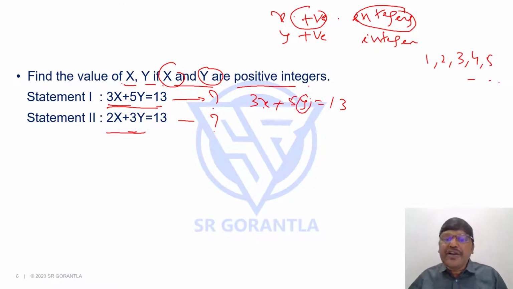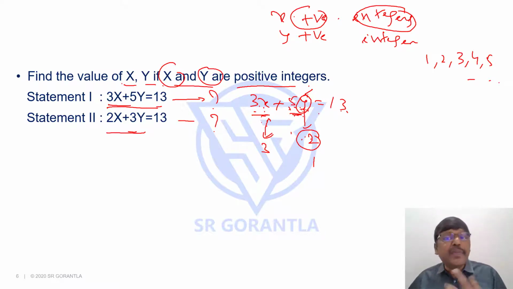Tell me what can be the maximum y value, students? Can y be 3? If y is 3, 5 times 3 itself will be 15, so how can the sum be 13? This has to become negative. But x and y are positive, so this cannot be negative. What is the maximum value you can try for y? 2. If y is 2, 5 times 2 is 10. If it is 10, what should 3x be? If x is 1, 3 times 1 is 3, 5 times 2 is 10, 13. Satisfied or not? If y is 1, 5 times 1 is 5. If I go to the other side, 3x is 8, x is 8 by 3. Is 8 by 3 an integer?